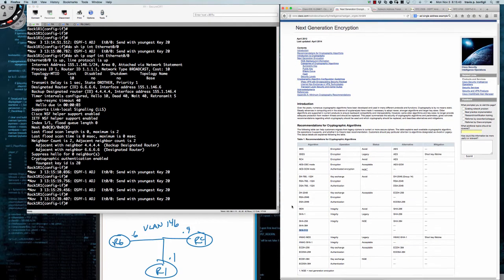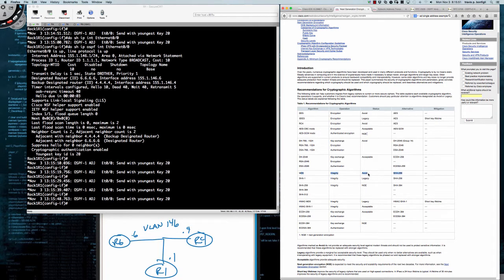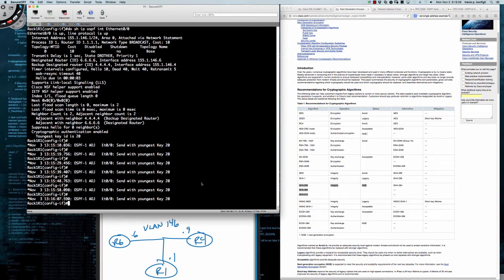If you take a look over here, just as a quick review, we talked about MD5 and how, per Cisco, MD5 should be avoided. The replacement is SHA-256, and that is considered a next generation encryption. In fact, we could go all the way up to SHA-512. Now, the key thing to remember here is that in order to use HMAC-SHA authentication, you're going to need to be running IOS